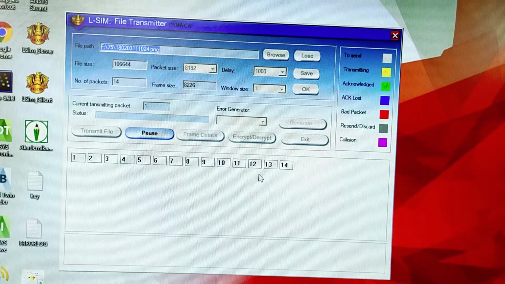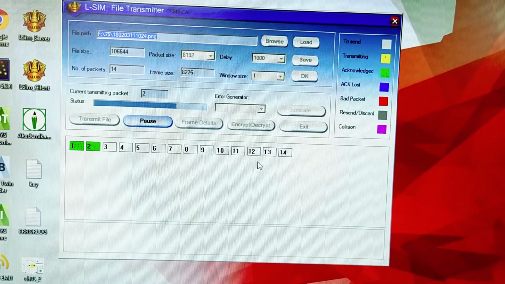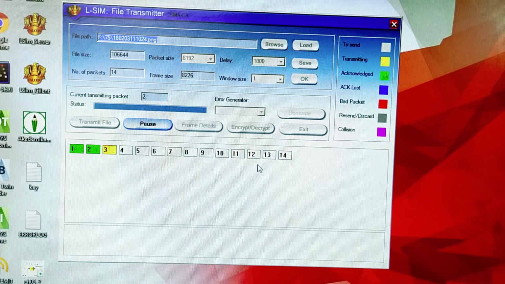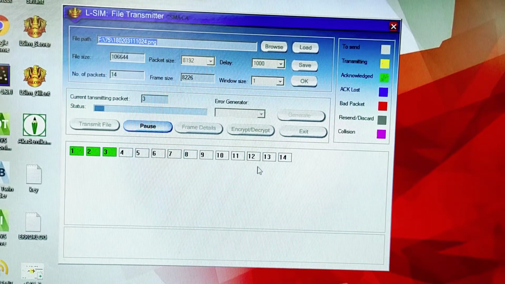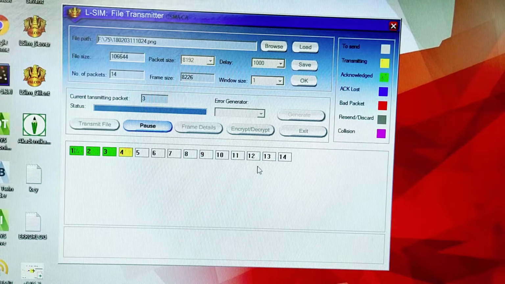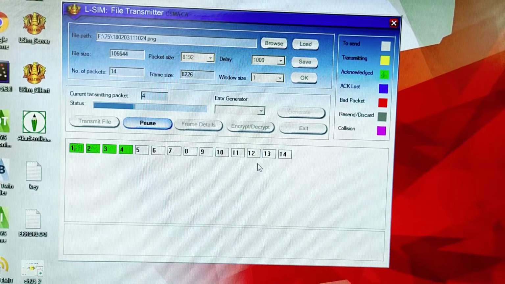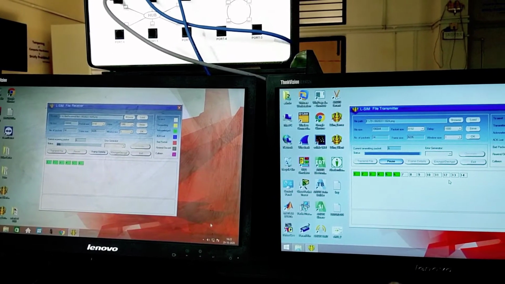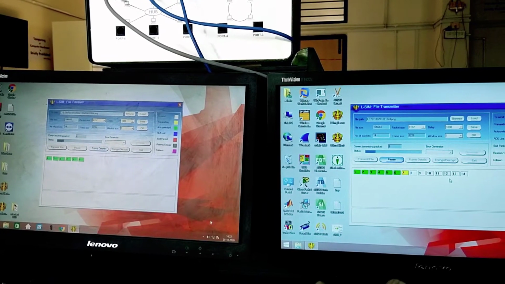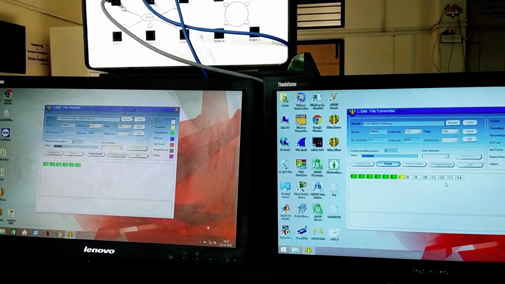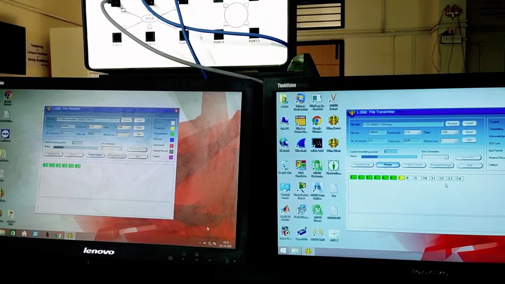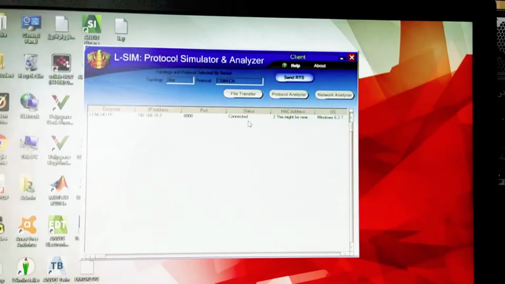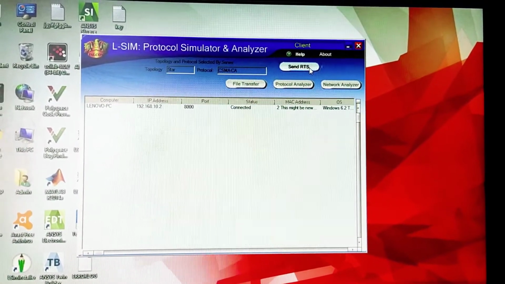and hence the file transmission has started. Now the channel is common, used by 2 machines, and we want to check the performance or the response of CSMA-CA by clicking the send RTS button on the 3rd machine, and let us see what happens. As you can see, the file is getting transferred between 2 machines and we have one more machine from which we can try again to put data on the channel by means of file transfer. Here we have the 3rd machine through which we can again put data on the channel. Just click on send RTS.